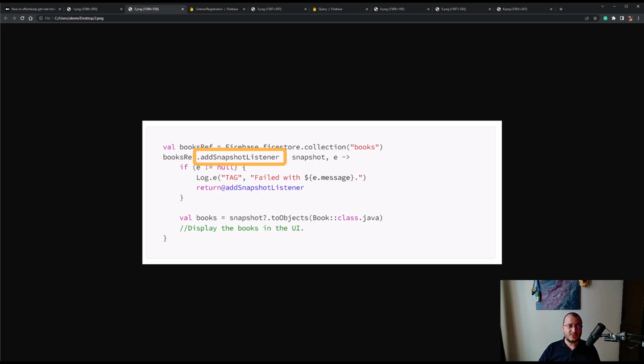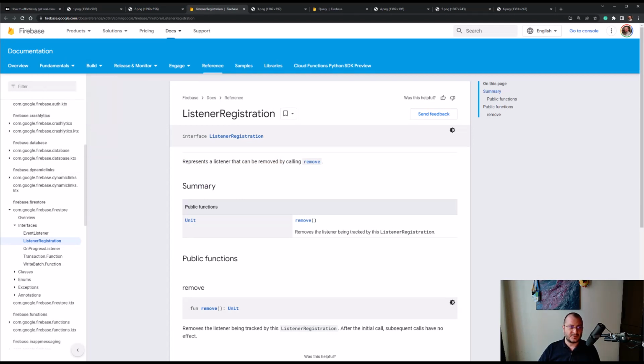The addSnapshotListener function returns an object of type ListenerRegistration. So the best option that we have is to save the result of the function call in a global variable and then call the remove function to detach the listener which is being tracked by the ListenerRegistration object. This operation should preferably be performed during onStop, so it's mandatory to always detach the listener before the activity gets